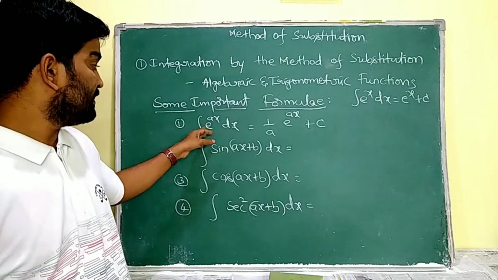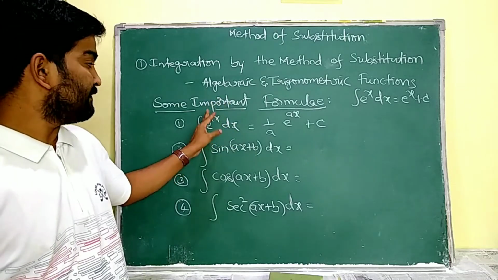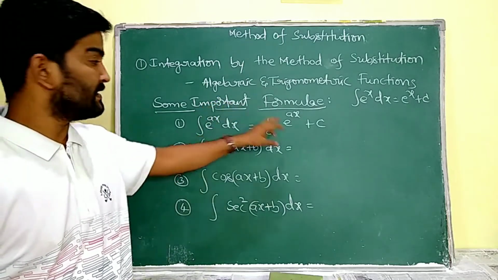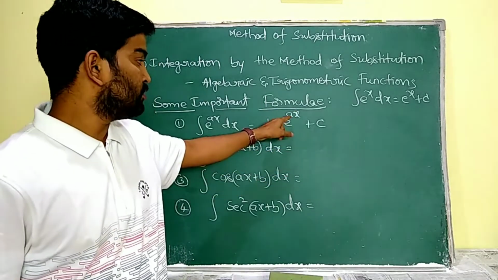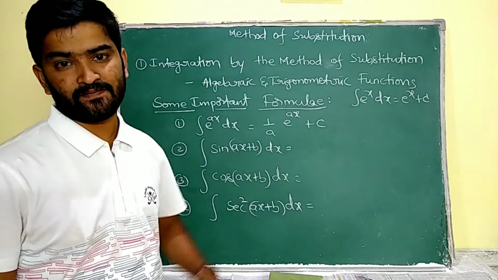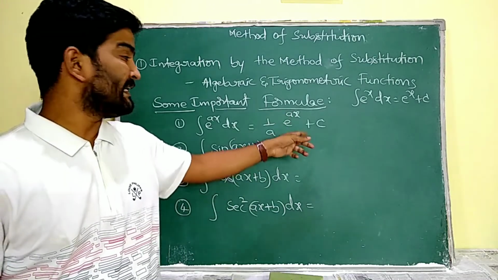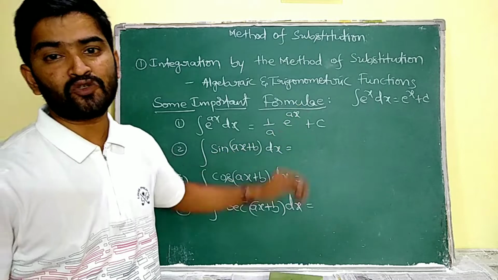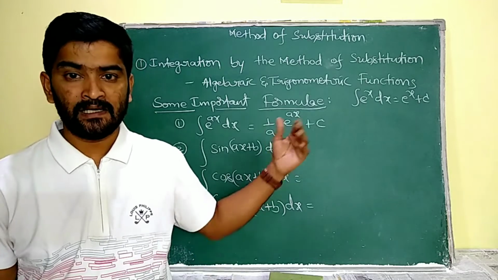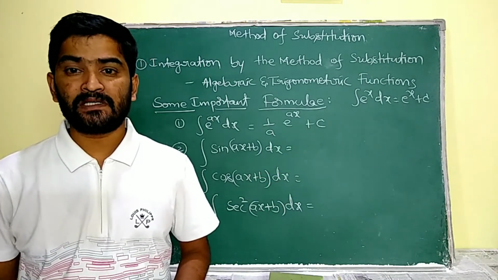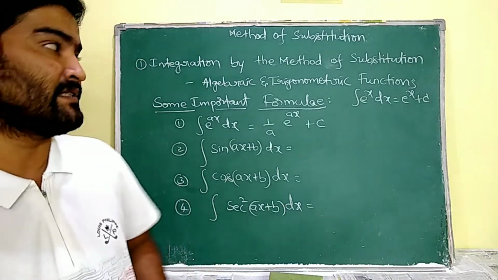So here the integral is in the form of e power x dx. Firstly we have to write integral e power x means e power x only. Now, by chain rule we are going to do the derivative of ax. d by dx of ax means a only. That a is going to be divided here. That means the substitution is derivated and the obtained result is kept in the denominator. But in the process of derivation, the substitution is derivated and it is used as multiplication.